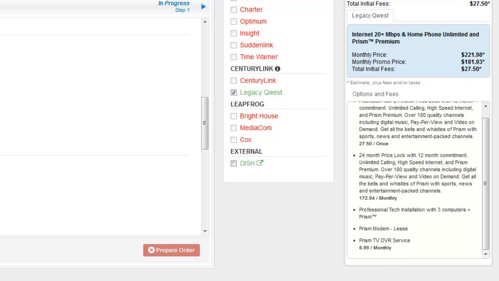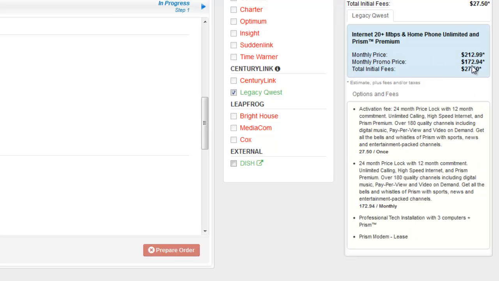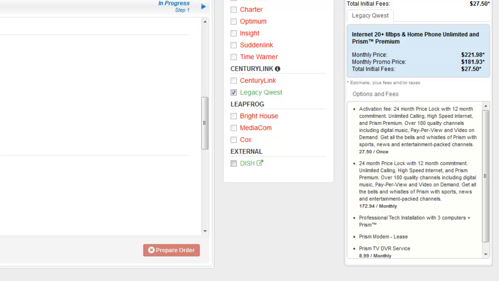And that $8.99 is also being added to my 172 and my 212. So that's actually going to 181.93 and 221.98, which adds up correctly. So I'm being added fees for that, even though it should not. Once it is in production, again, this is in the demo environment, so it's most likely not acting the way it should. But the agents should feel comfortable and know that this is going to work the way it should